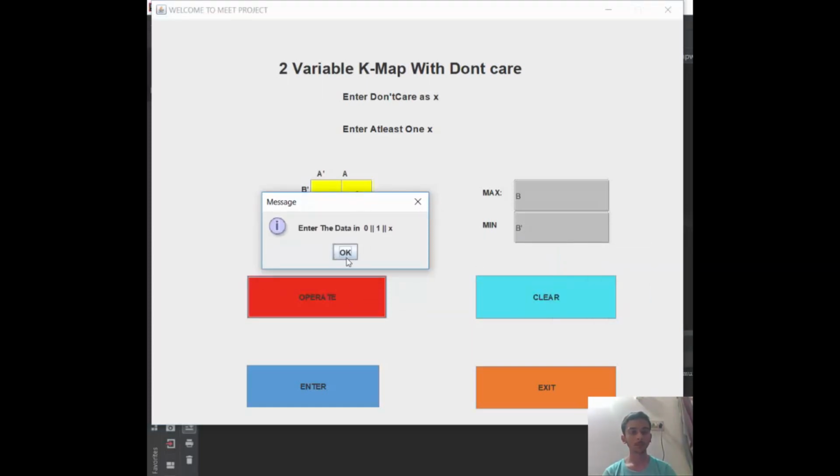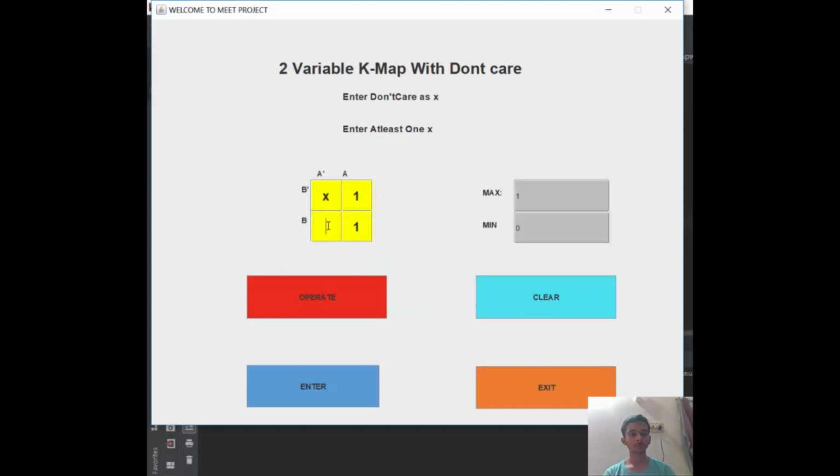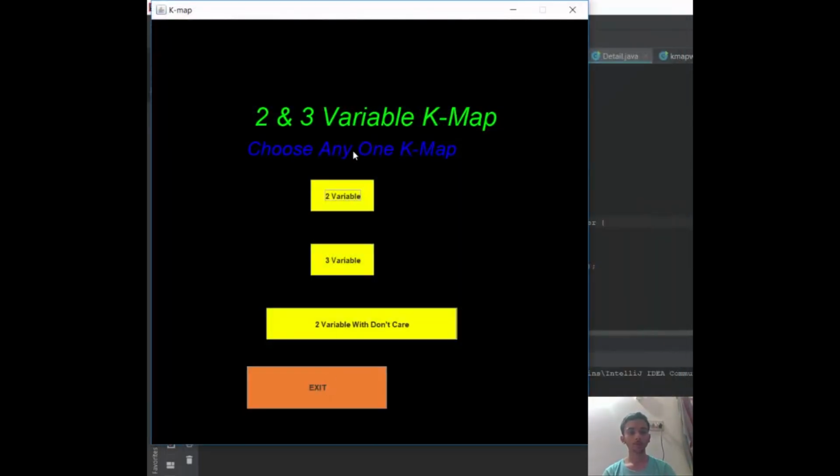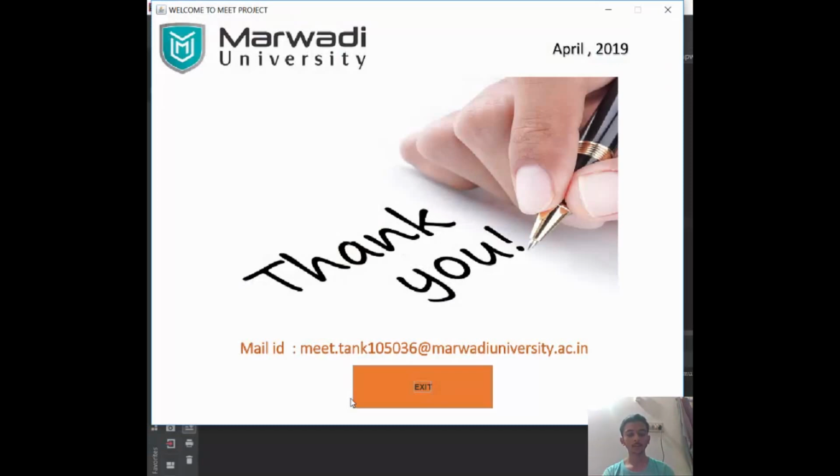you can see the pop-up menu. Here is the answer of 1, which is basically B bar and B of these values. Now by clicking on Enter, you can proceed to the driving menu. Now by clicking on Exit, you can proceed to the last frame, which is basically the thank you frame,